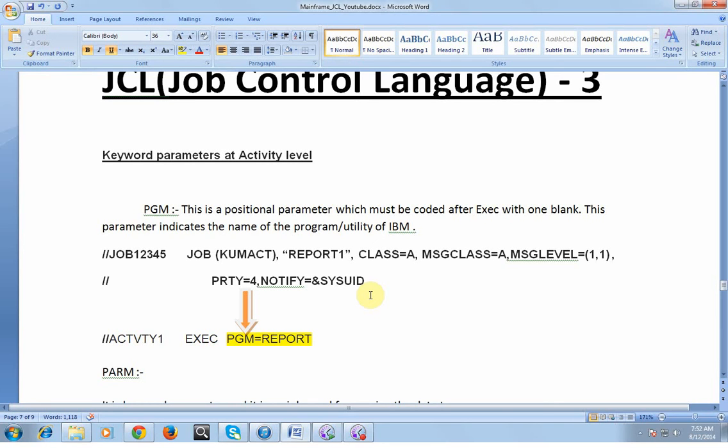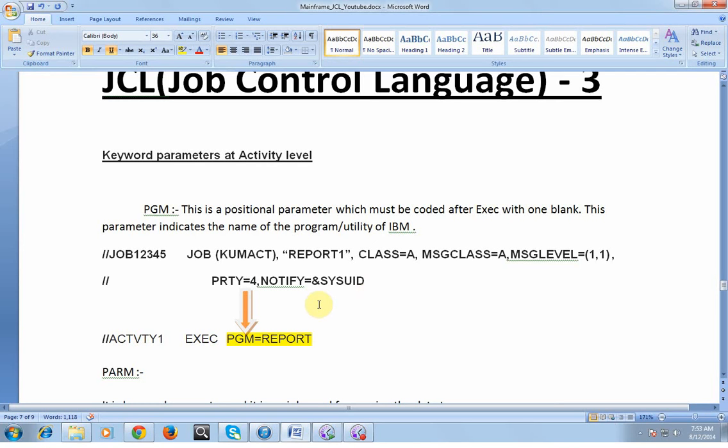In the same way we have a utility called IEFBR14 which is used to create data sets. So we have various utilities provided by default by IBM. Some other utilities, if they do not come by default with the operating system, we may need to buy and use in our jobs.